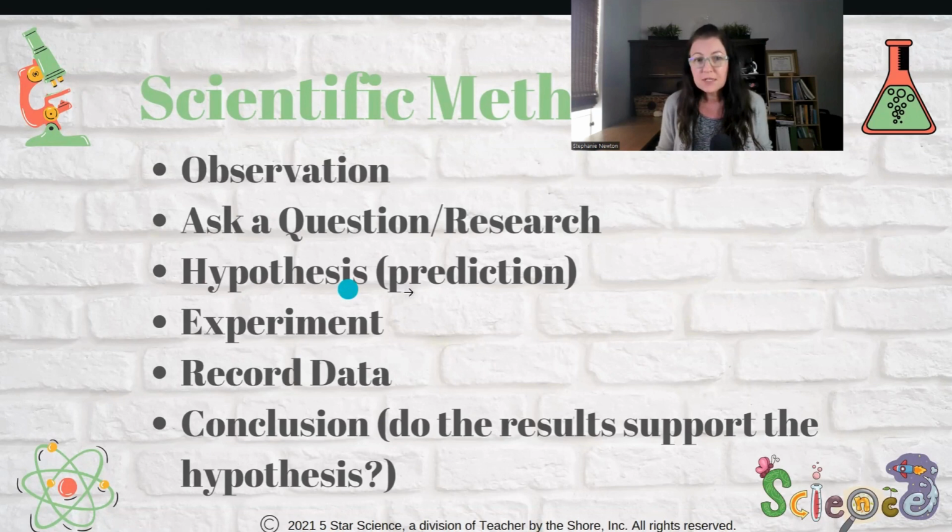The hypothesis is your prediction. How do you think this experiment is going to come out? Or how do you think your observation is going to go? The next step is to do an experiment, or like I said, record data while observing something. The next step is to record your data. And then the last step is, well, I don't know if we would call this a step, but it's the last part of the lab report, is to write your conclusion or draw your conclusion,